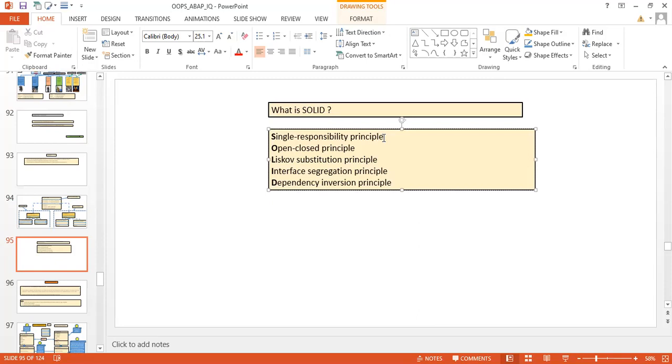Don't mix multiple things in one method. Suppose you want to calculate the price of a material, so create one method called calculate underscore price, and just calculate the price in that method. Don't do anything else. All the things related to price only you can do over there. But the point here is to make the things atomic.